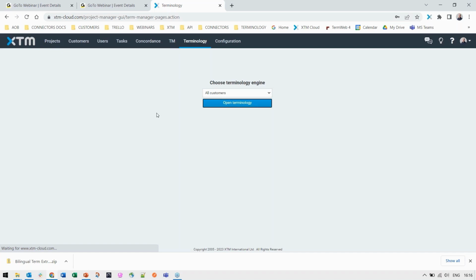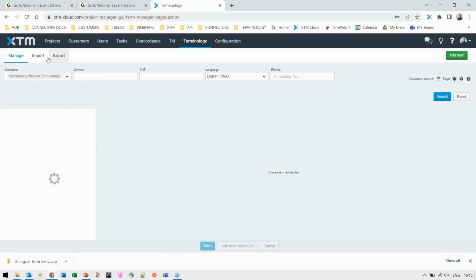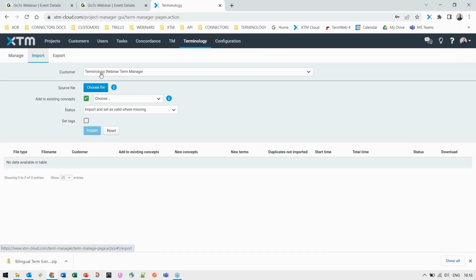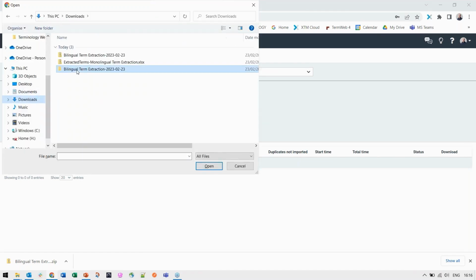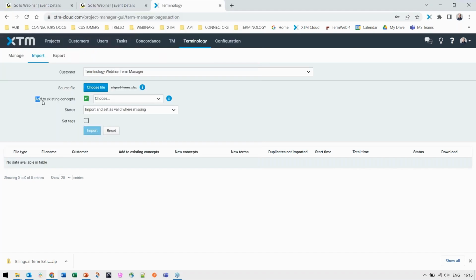And let me explain this in a bit more detail. Right, we go to the import part, and I'm going to import it under this customer, terminology webinar, TermManager. I'm going to choose my file, and I know it's located under downloads, bilingual term extraction, aligned terms. Now, I'm not going to add to any existing concepts because this is my first import, so I don't have